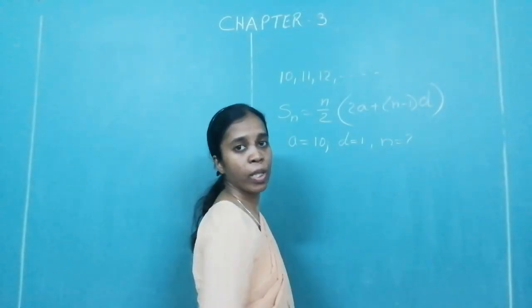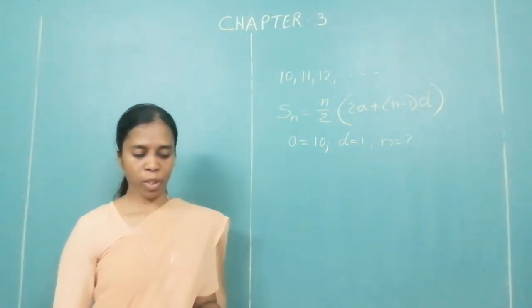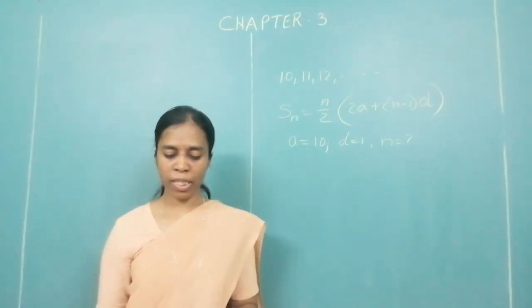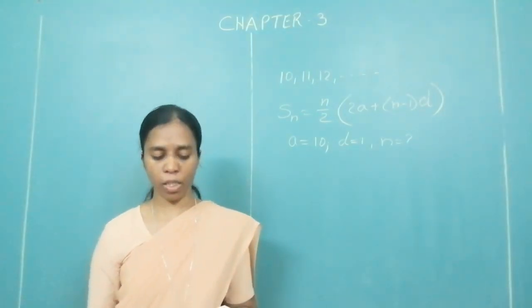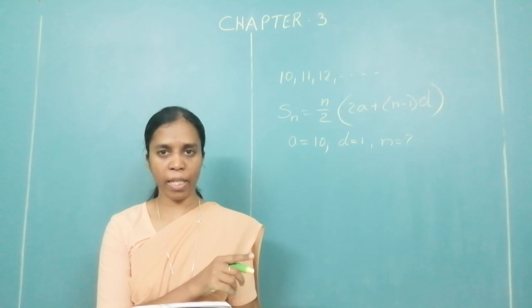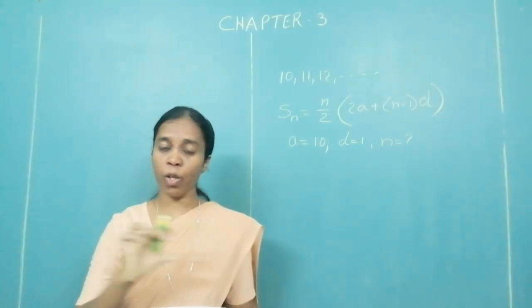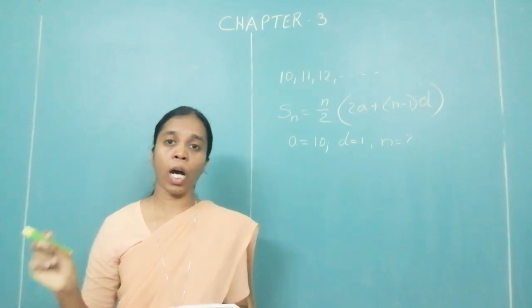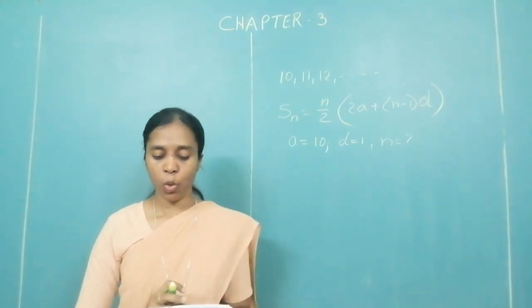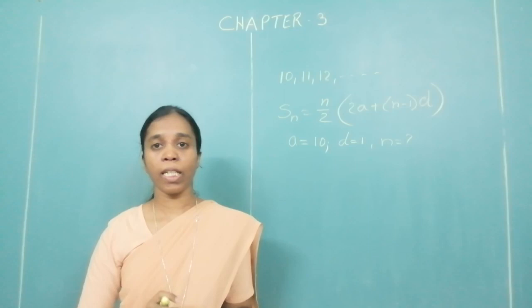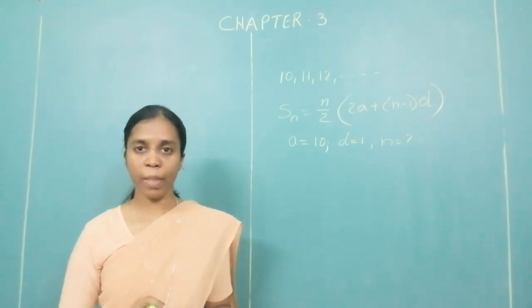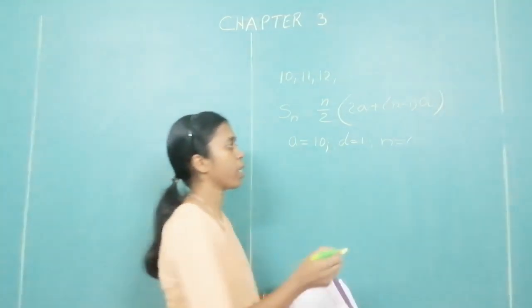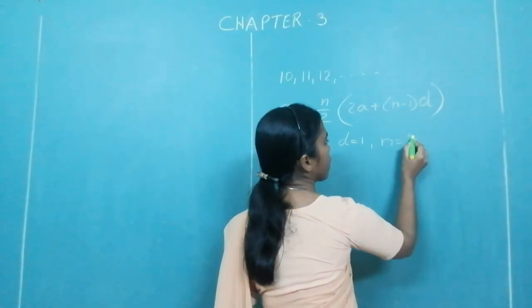Now we need n. Is n given to us? We are told something over there. On 31st December 2016, started from 1st of Jan till 31st. So the entire year, every day there was a deposit. Isn't it? So how many days are there? 2016 is a leap year. In a leap year, how many days are there? There are 366.